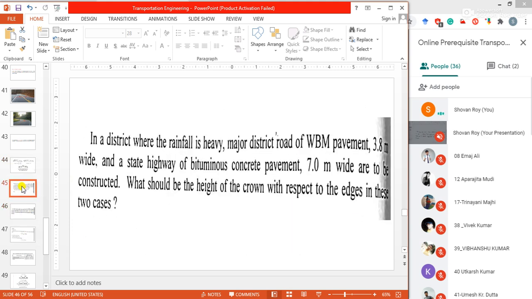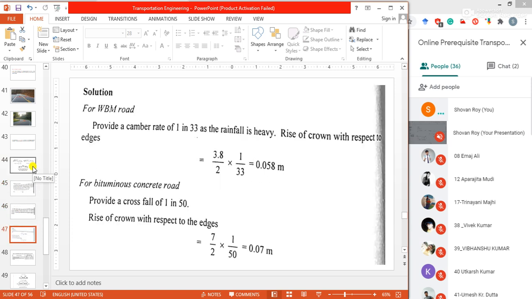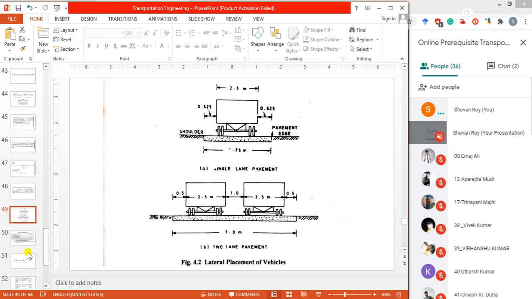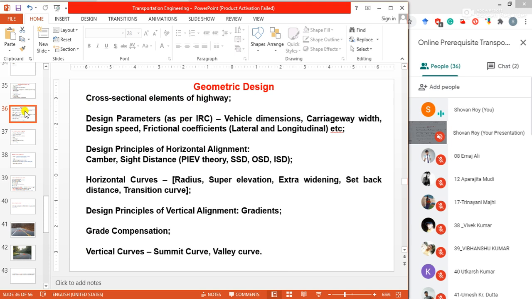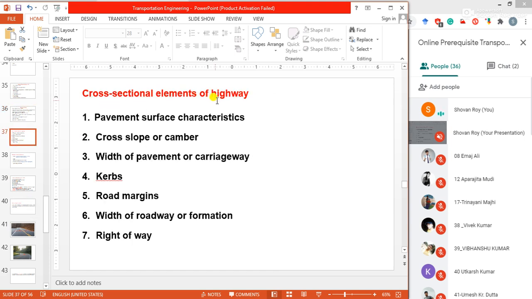This is not important. This is important. Okay. After camber, there is the width of pavement. Width of pavement or carriageway. Under these cross section elements of highway,